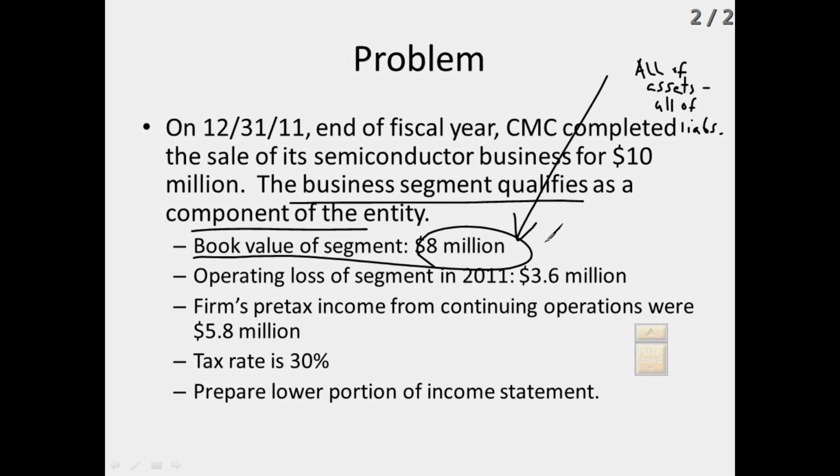Okay, so you said I'm getting a sort of $2 million gain here. Why? Well, what's going to happen is